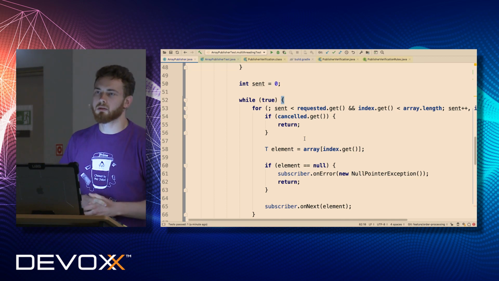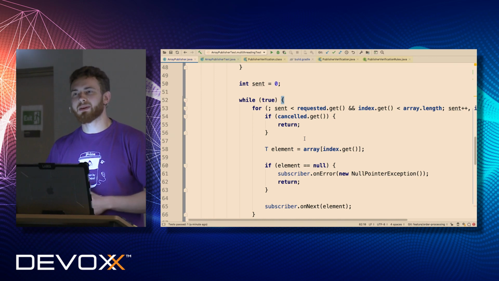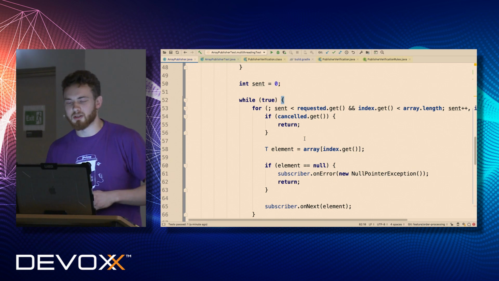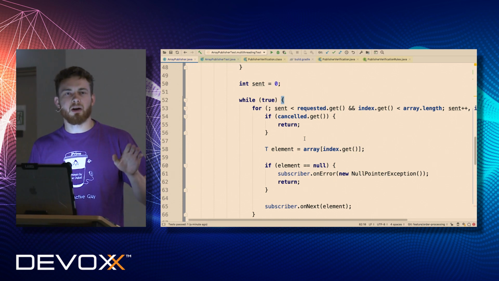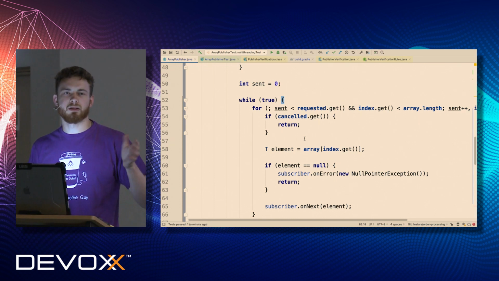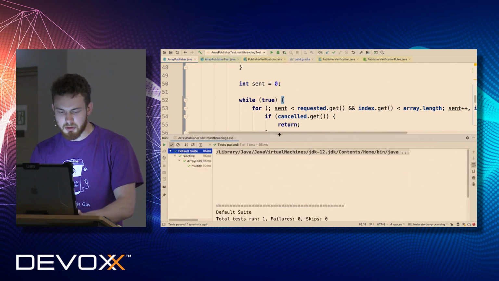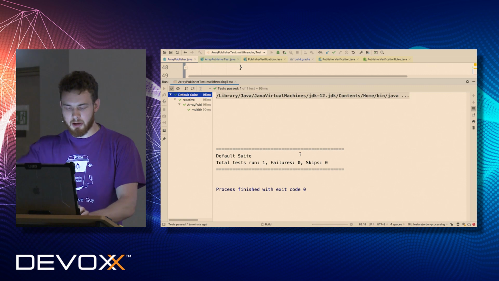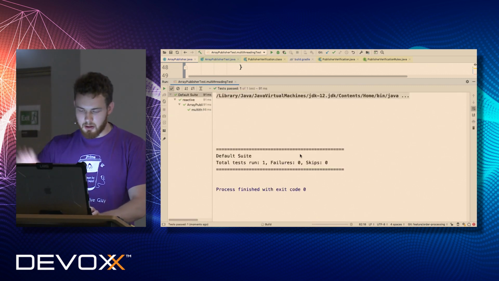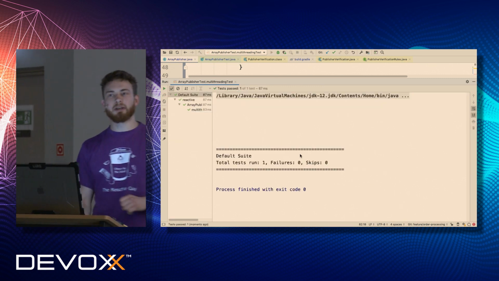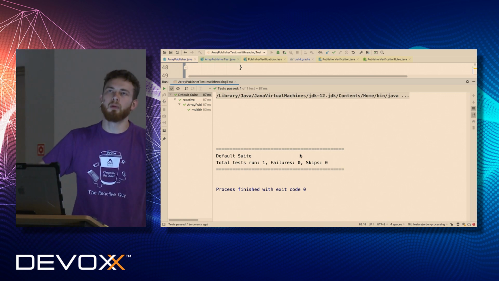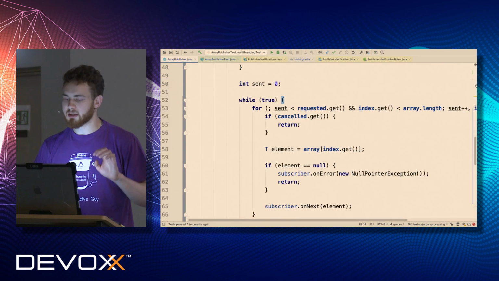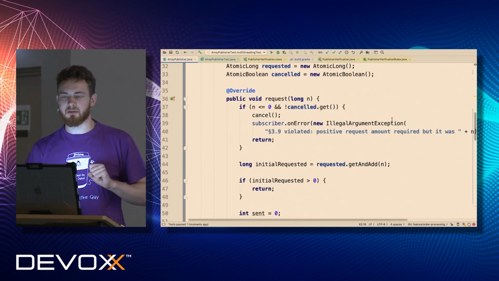Yes, questions? Is it not clear? We can discuss it afterwards if you have more questions, in depth. For others, is it clear? Somewhat? Okay. So the most important part is that the test is passing right now. I can rerun it thousands of times, and it will pass without any problem, because now we are using a non-blocking way of sending data without any synchronized, and this way is absolutely thread safe.